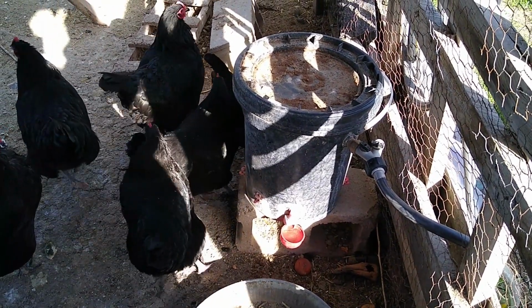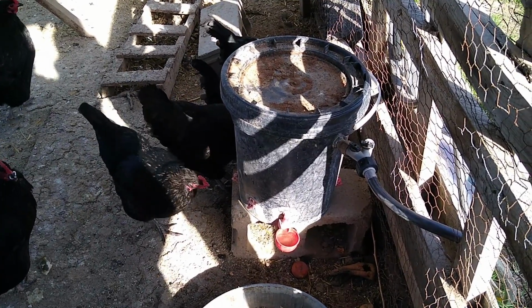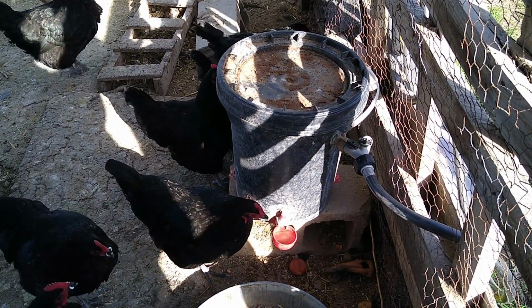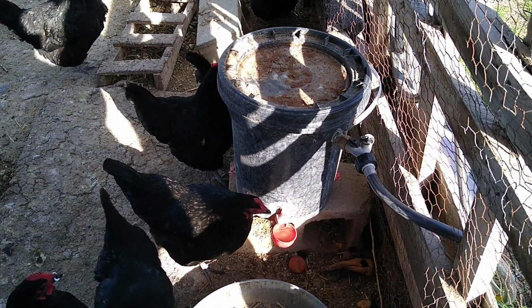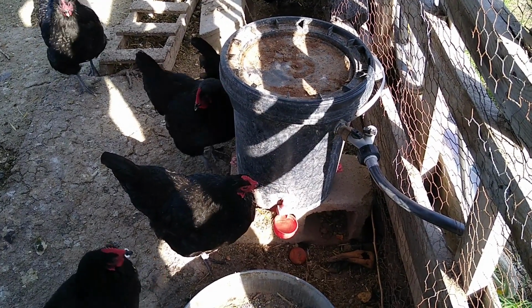First day that I've hooked up the hose so that the chickens can have this automatic. It's got a float in there, folks. Simple little thing, 5-gallon, pardon. Rigged it all up, and they like the bowls better than they do